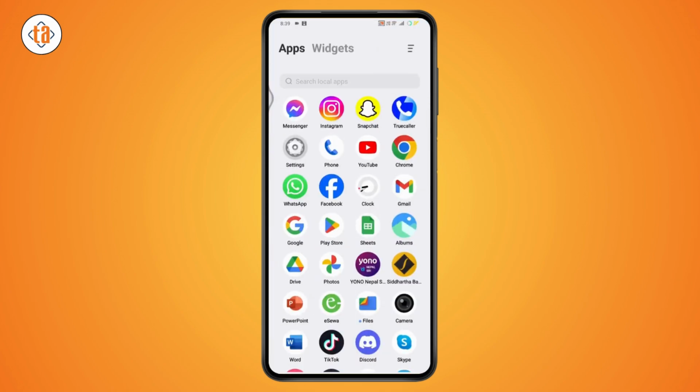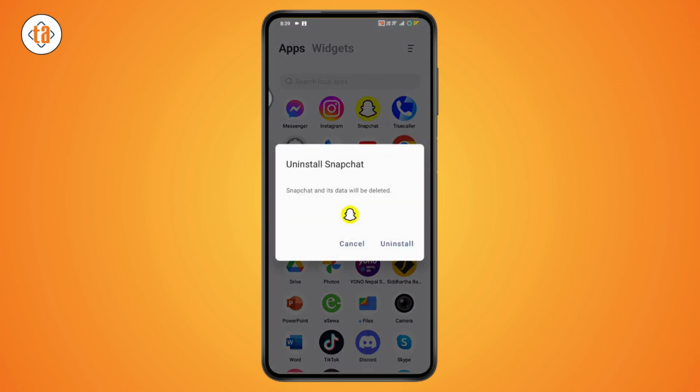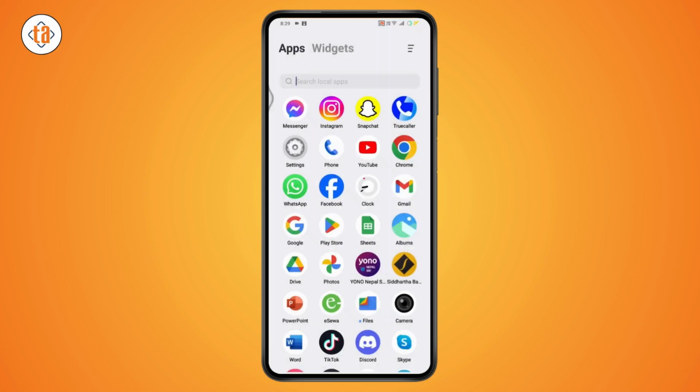Or what you need to do is simply tap and hold on to your Snapchat again, and then tap on delete and uninstall the application. Once you've uninstalled, you need to again reinstall the application from your App Store or your Play Store and log into your account, and your problem will be fixed. So that's how you can fix your Snapchat support code